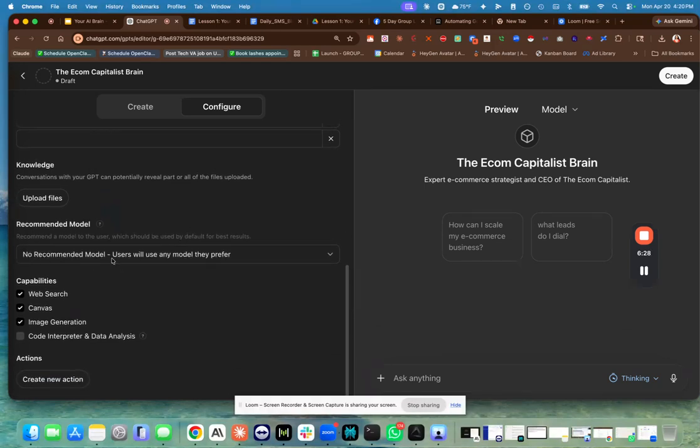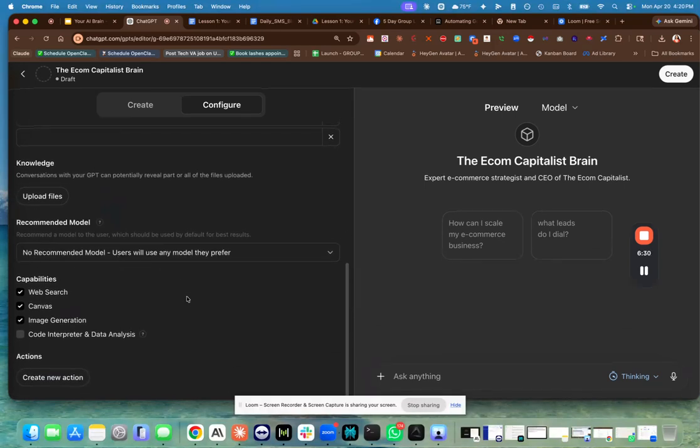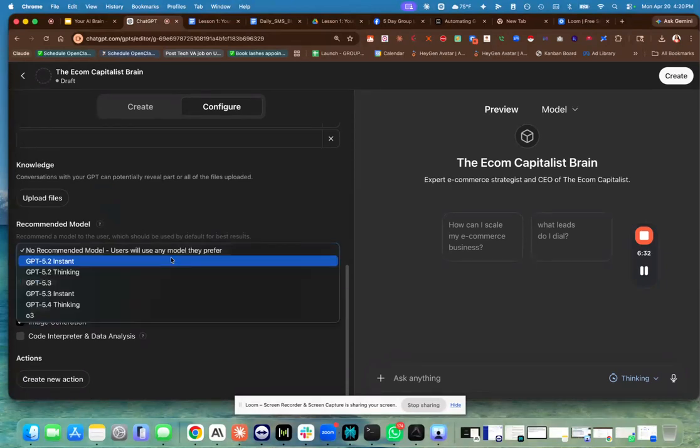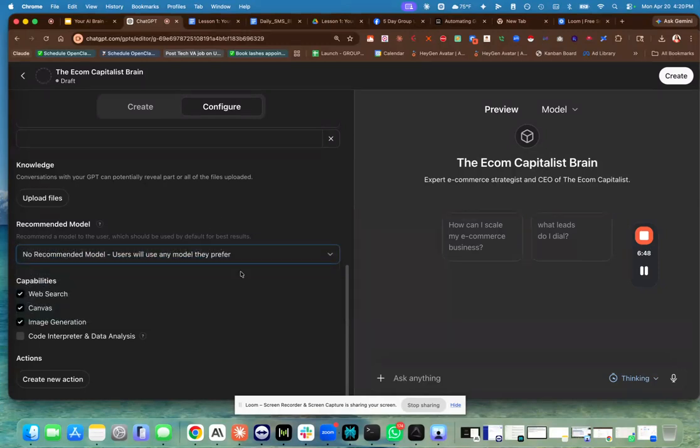This is the recommendation model here. So we say no recommendation, use any models that they prefer. But if you want it to be faster thinking, then you want to choose this as the recommended model. If it's research, you want to do thinking as the recommended model. Okay, I want to make this video super quick and short because once you click create,